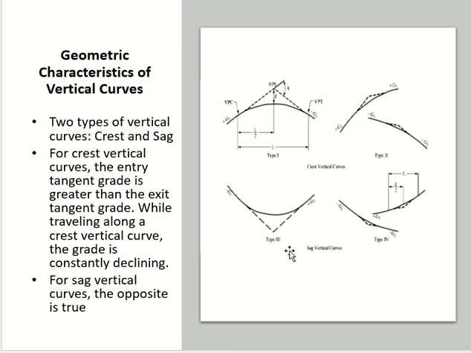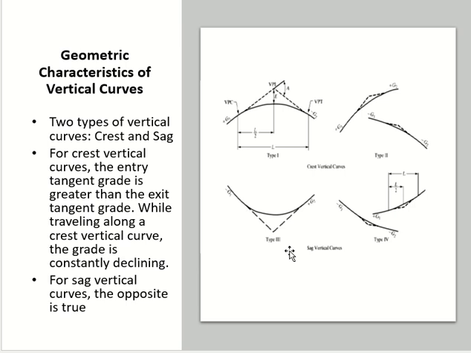Now, if somebody gives you two gradients, for example, the value of gradient 1 and gradient 2. Now, how do you know it is crest or sag? You don't have these figures. There is no sketch. You just have two values of the gradients. Where it starts, if it starts in positive then negative, so it will be crest. And if both of them are positive, then